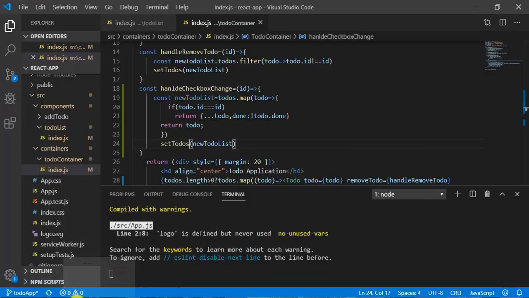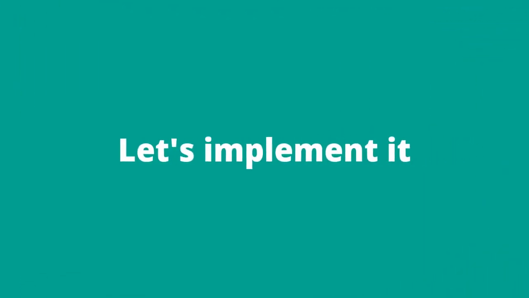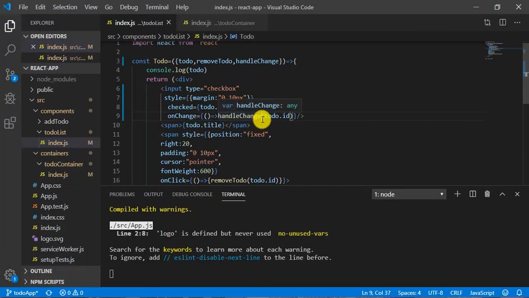Alright, but right now we don't want it to work like this. If some task has already been done, you cannot uncheck it. That is what we wanted. As you can see, I have this function handleChange. Once the change is happening to the checkbox, it's getting called. So now instead of calling it every time, we will check the value of done. If the value is already true, don't call this function. If not true, then call.